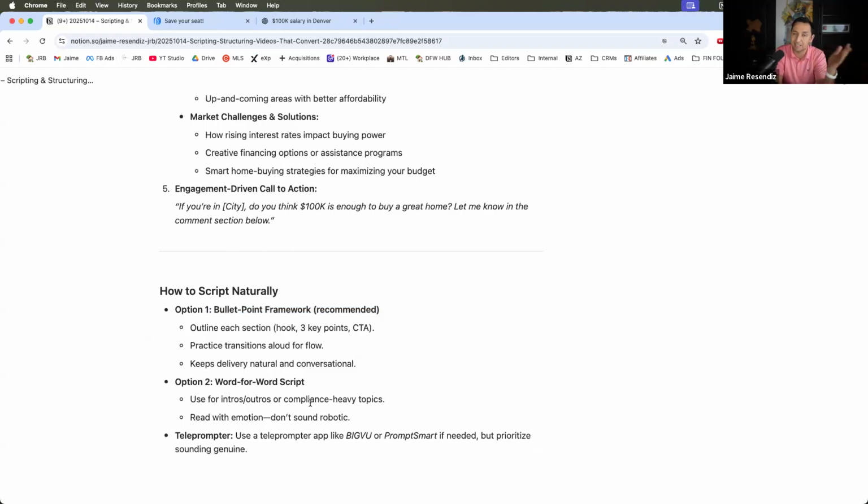ChatGPT or Claude, which is actually the one that I would recommend if you're doing anything written, is going to work out well. And then just having a $25 teleprompter handy, so you're reading off of the script directly and looking straight into the camera, you're going to be in a really good spot. So Big View is the one that I actually recommend. I no longer use teleprompters. I used to. But it is the one that when I was in the teleprompter game or the scripting game, that was the exact same one that I was using.